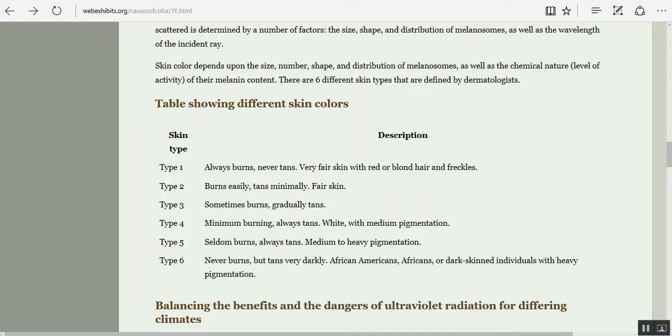It says type 5 is seldom burns, always tans, medium to heavy pigmentation. And type 6, all the way at the bottom, says never burns but tans very darkly. And what does it say it is? African Americans, or dark-skinned individuals with heavy pigmentation. So African dermatologists have put that African Americans have the most amount of protection on their skin. Our skin never burns. So I found that funny